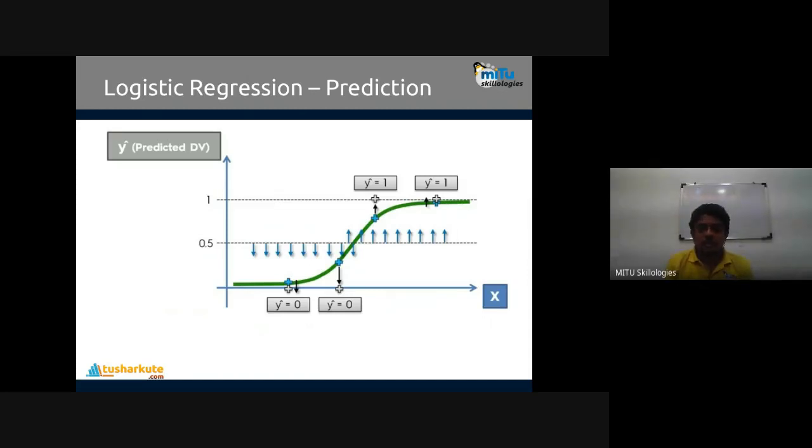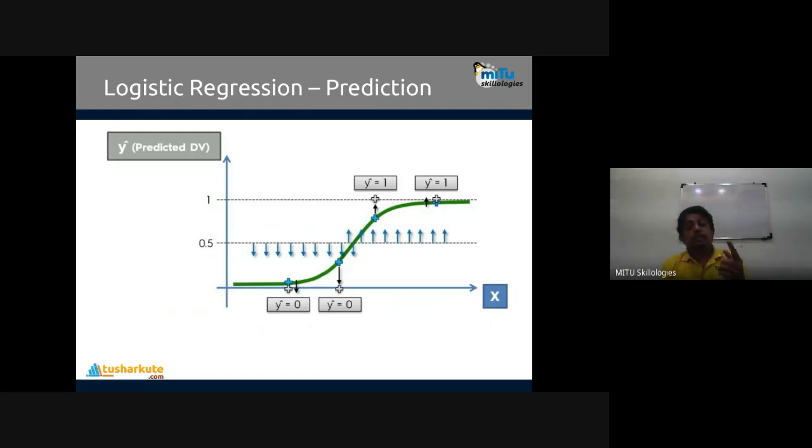So for 20 and 30, the probability is less than 0.5, so their class will be 0, and for 40 and 50 the probability is above 0.5 and their class is 1. So 0 for the first class and 1 for the second class, above 0.5 and below 0.5. This is the method followed in logistic regression.